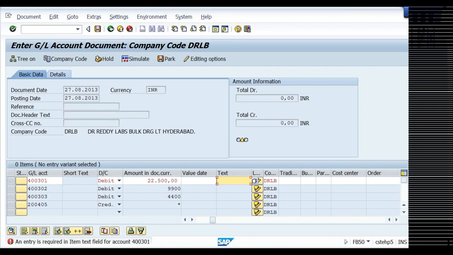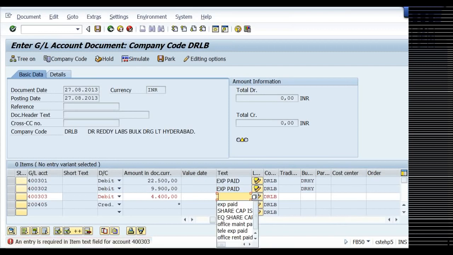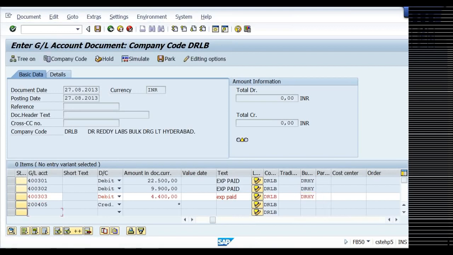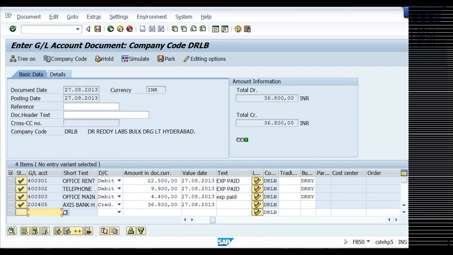Then it will ask for text. Say expenses paid. Business area, say DRHY. So everywhere we have to enter it. Now post the entry, save it.